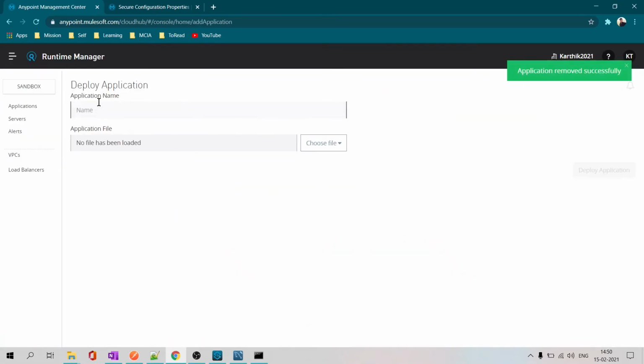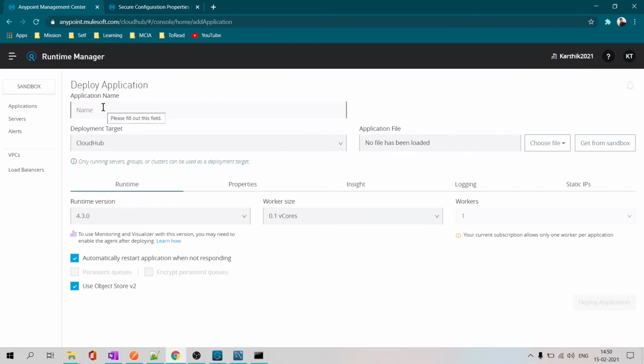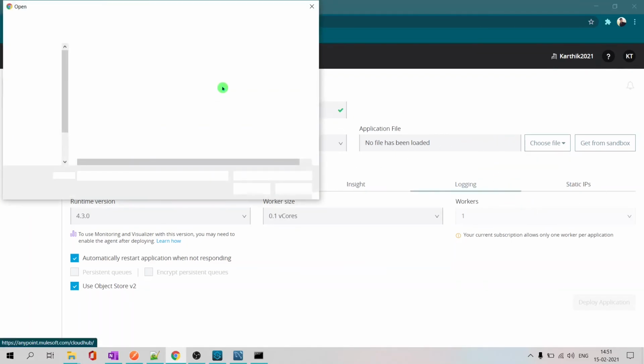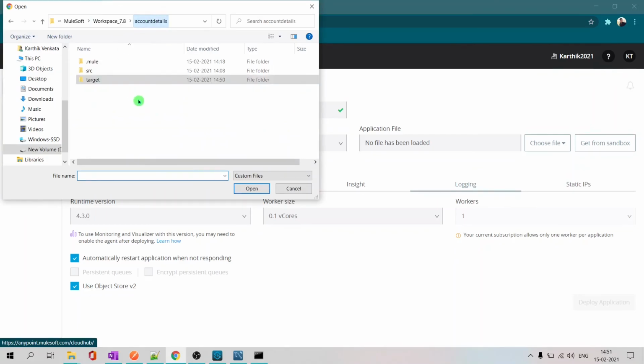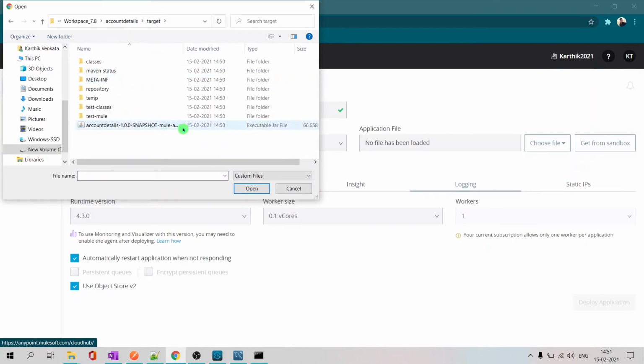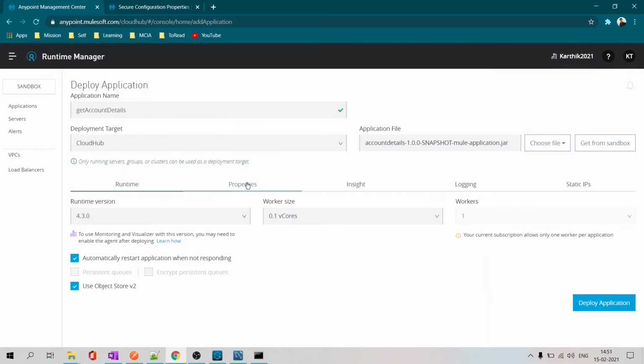So that you'll understand that we are entering the plain text secure key, but it will mask that. Let's call it get account details. We should upload the latest jar file. Account details, target, account details, latest one.